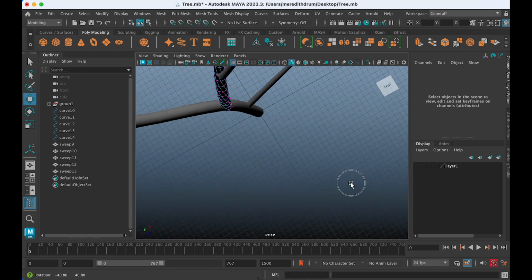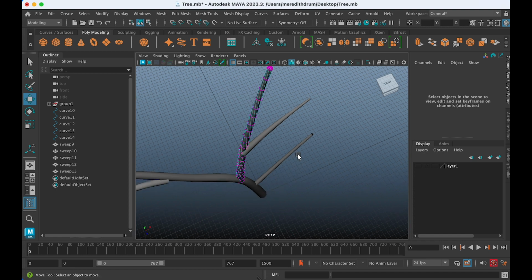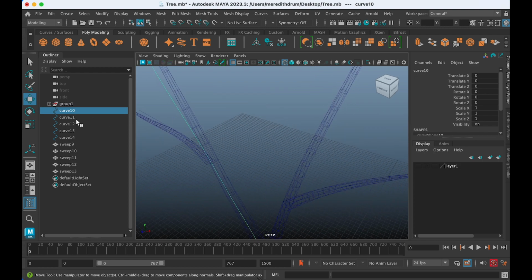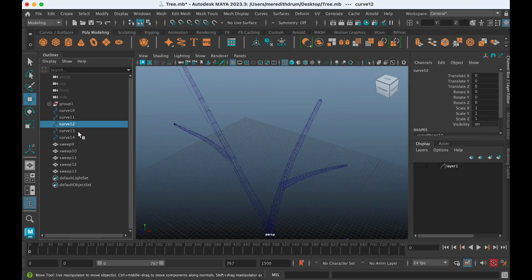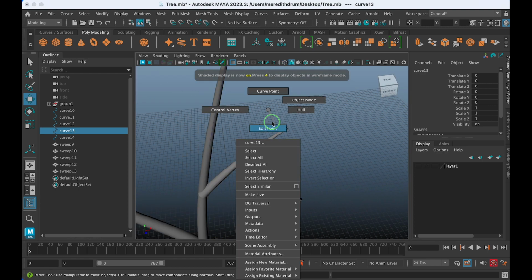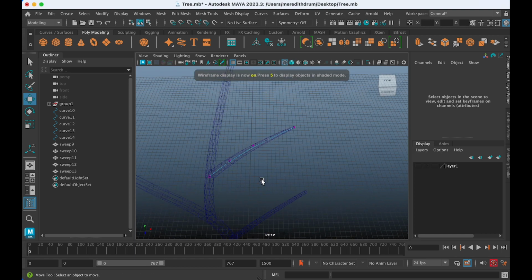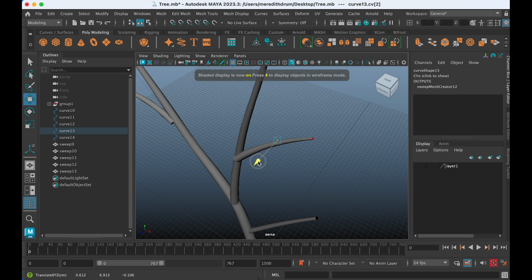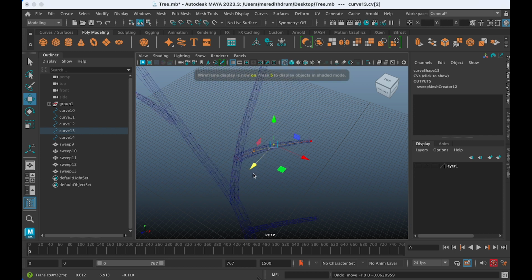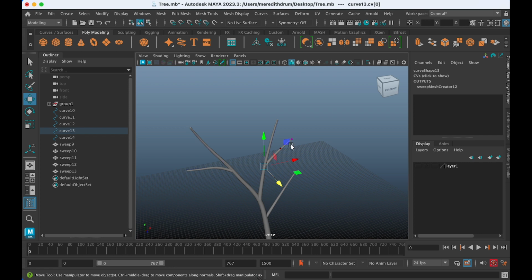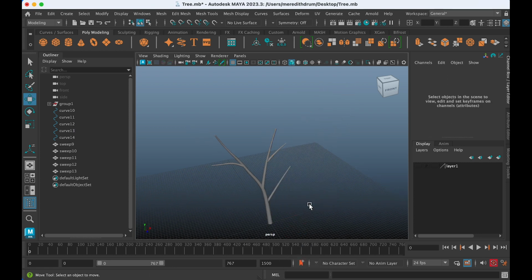Okay, you can also choose the original line that you made, if you wish. Let's see, which one is that? So say you wanted to edit one of these, which one is it? That one. You can still edit it and the mesh is still live, which is kind of fun. So I'm going to go to Control Vertex. It's kind of hard to see them there. And then if you move it, your mesh responds too. So say I wanted to do the bottom one and I kind of want it to be more inside of that trunk there. So anyways, this is just kind of the beginning of how this works.